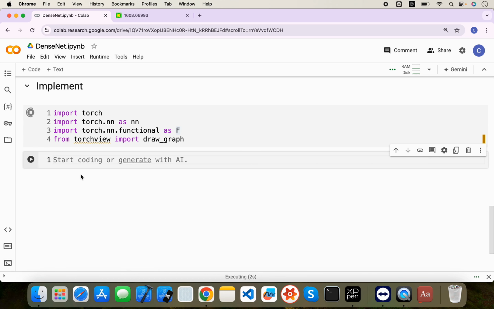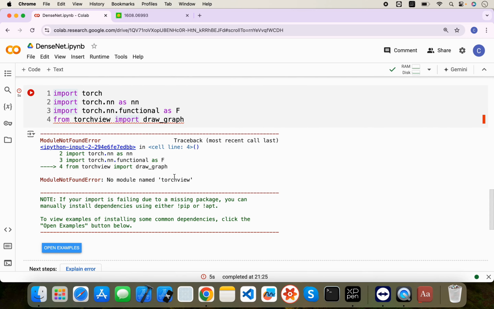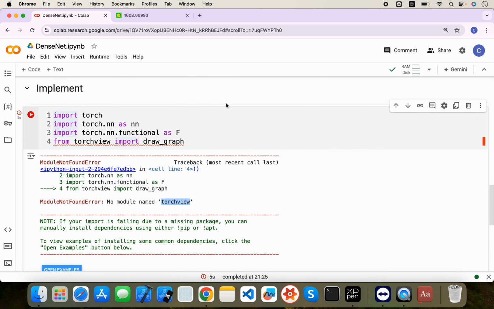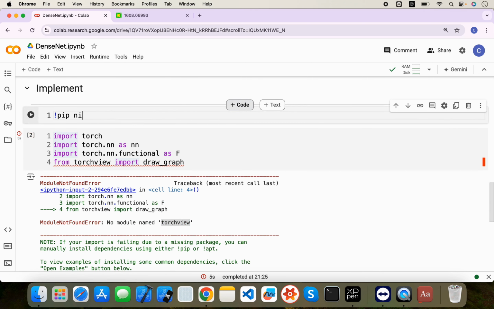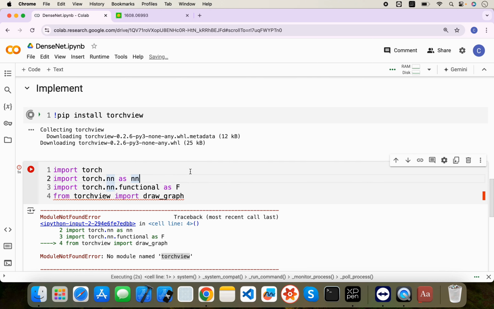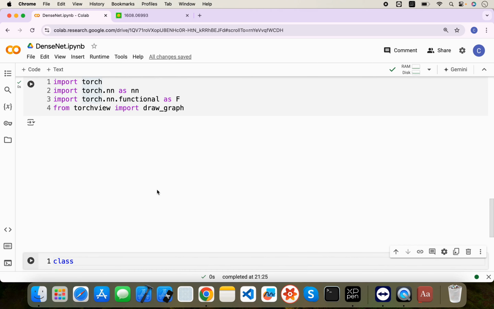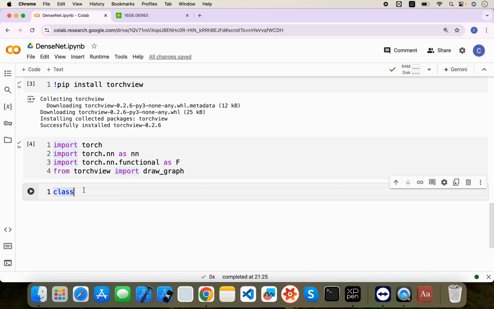Let's import some libraries. Let me write, okay, what is the issue? Yeah, I need to install this, right? So it will help to visualize the model at hand. Let me write pip install torch. Let's import now, okay? So now let's start. First we will create the bottleneck layer, okay? Let's say Bottleneck, and nn.Module. Let's first create